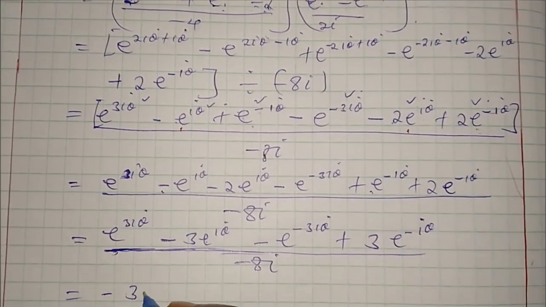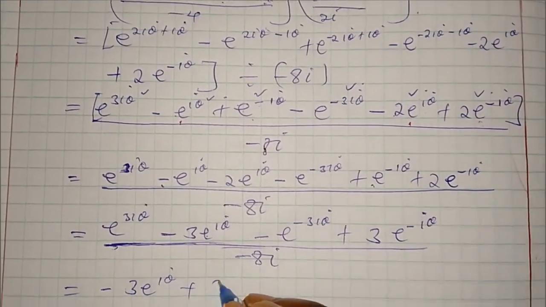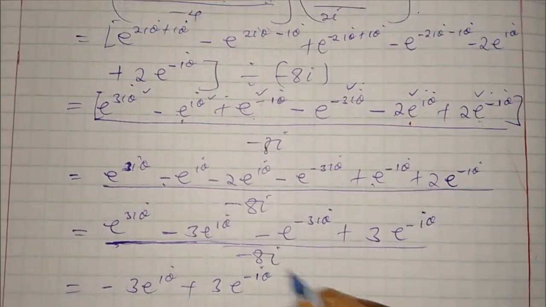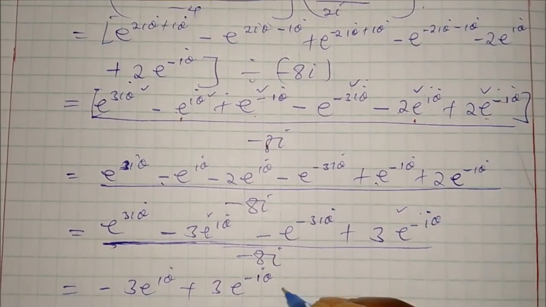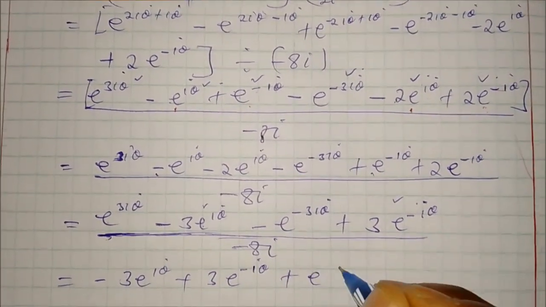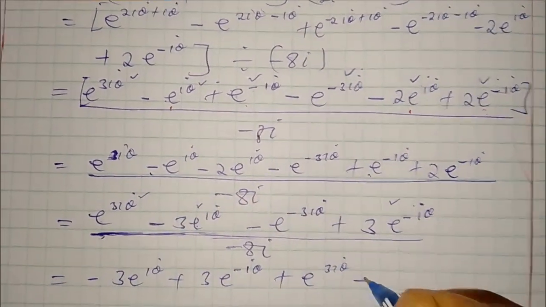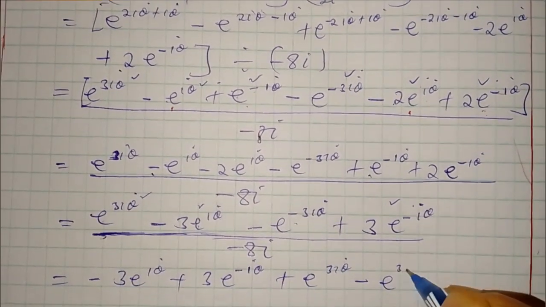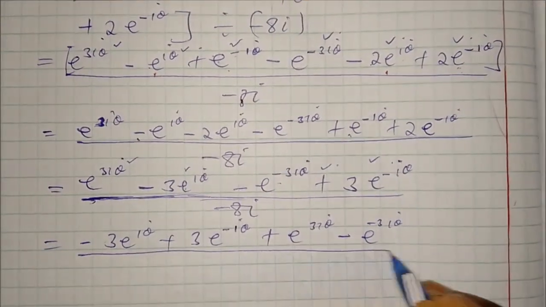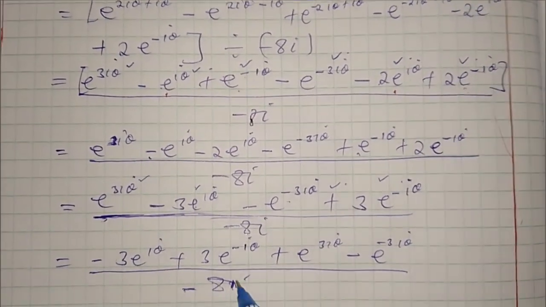3 e iθ plus 3 e negative iθ, this and this out there. Then you have plus e 3iθ, this one, minus e negative 3iθ, this one out there. The whole of this over negative 8i. Okay,